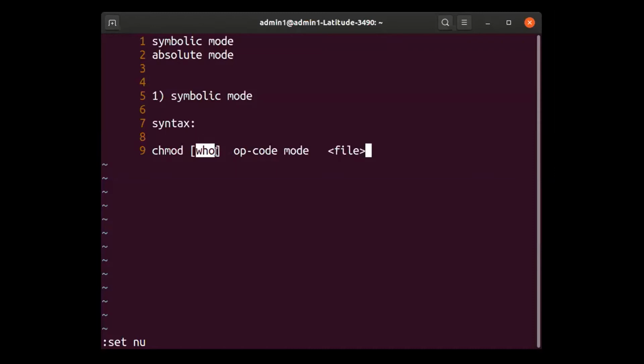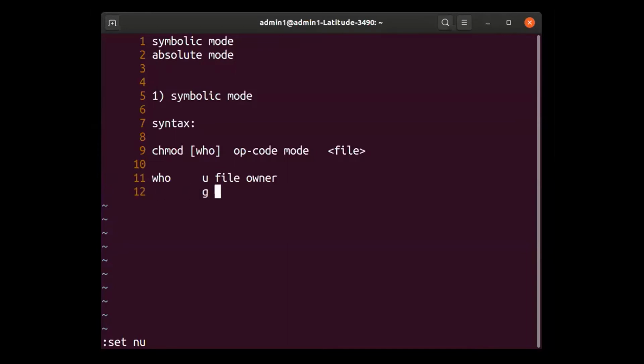We have already seen long back that there exists a command in the world of Unix called who, which basically lists all the users, right? So don't get confused between this who, which acts as a parameter, and that who, which acts as a command, right? Now let us see the significance of each one of these. Make a note, who stands for, there are different versions of who. First one is W, which belongs to file owner. I'm sorry, U, which belongs to file owner.